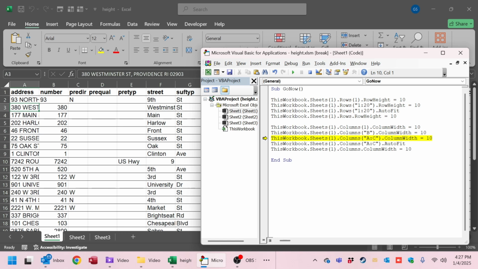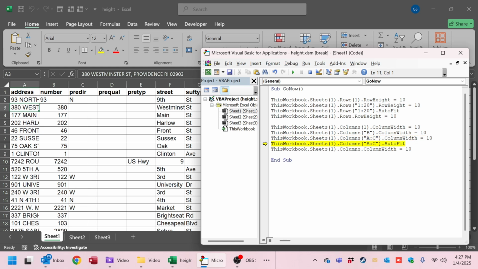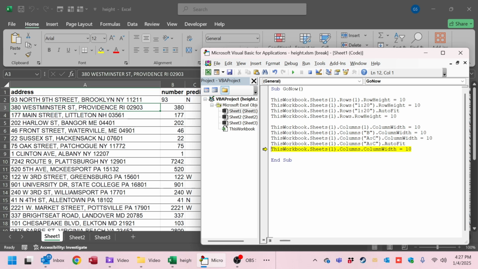You can do multiple columns at once. So here I'm setting columns A through C to a value of 10. And then I'm going to use the auto fit. So this is similar to the rows, so that the column width will be set to the best column width for each of those columns. So I'm going to set those to auto width, and then it's set those based on the data that's